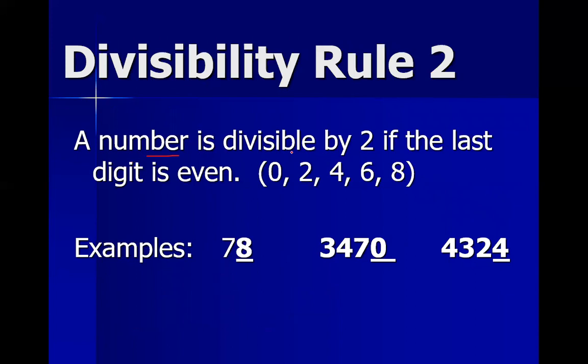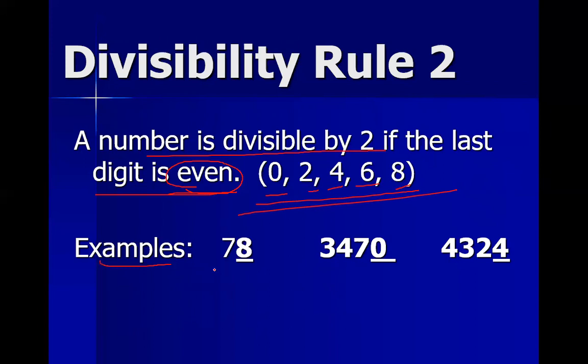A number is divisible by 2 if the last digit is even. So what you have to do is just check that the last digit is even. What are even numbers? Even numbers are those which come in the table of 2 and end with 0, 2, 4, 6, 8. So check the last digit of the given number. If it is even, then the number is completely divisible. Otherwise, it is not divisible by 2. It should be even only.